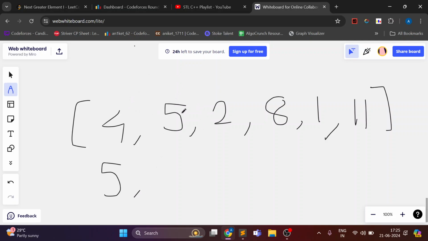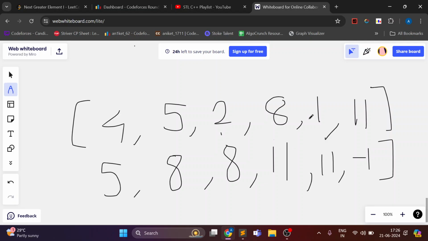For 5, the next greater element would be 8, because 2 is not greater than 5, but 8 is greater than 5. Similarly, for 2, 8 itself is the greater element. For 8, 1 is not greater, 11 is greater. So the answer for 8 would be 11. For 1, it is 11 itself. And for 11, I have to write -1 because there is no element to its right which is greater than 11. So I have to find this